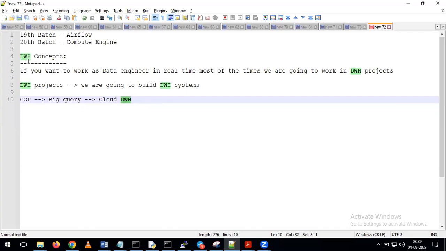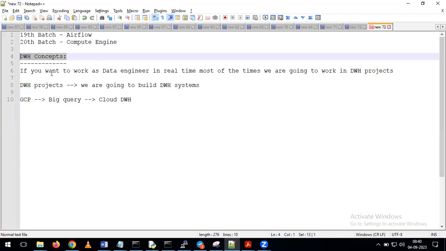Without knowing all those things, it would be difficult to survive in real time. At the same time, in interviews they will also ask a few questions on data warehousing concepts. By considering all this, we are discussing data warehousing concepts in our classes. I'm giving the background of why we need to understand data warehousing concepts, so for the first 3-4 minutes I'm spending on background only. In real time, as a data engineer, you are going to work in data warehousing projects. In the data warehousing projects, we are going to build the